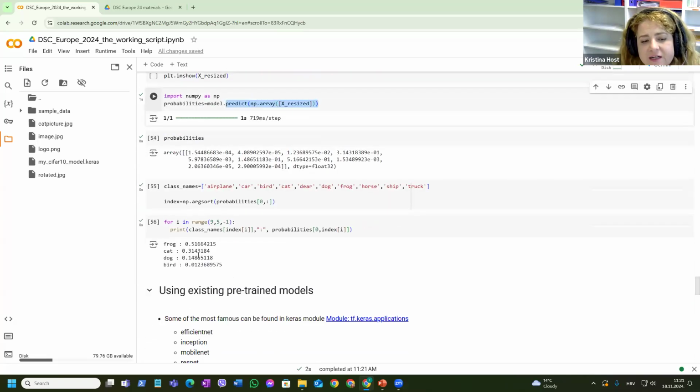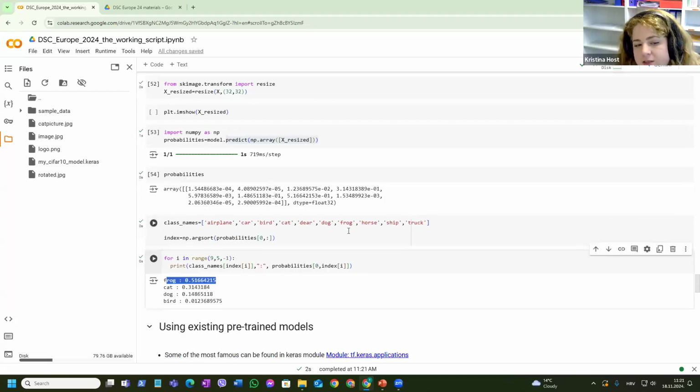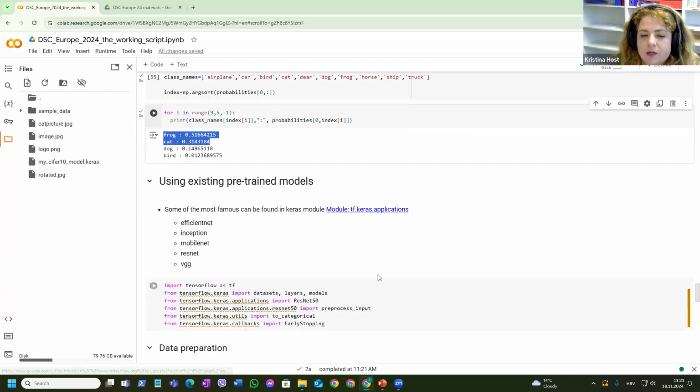For example, here it says it's a frog, with 50%. But if we train the model more, we will have better results, because I know when I train for 10 epochs, it will be a cat. So we have to train more. Okay,